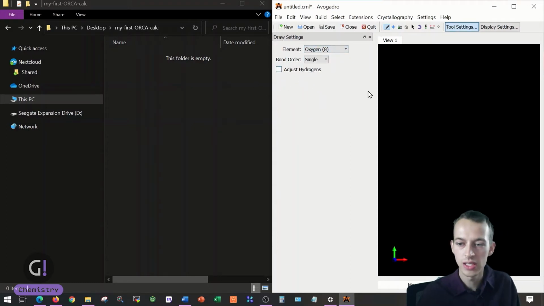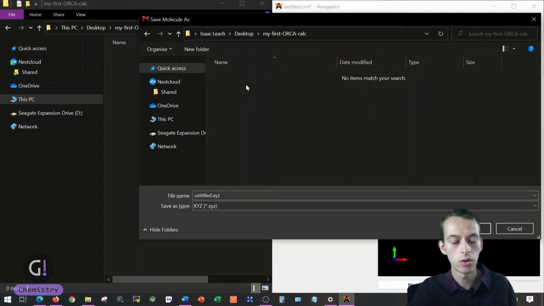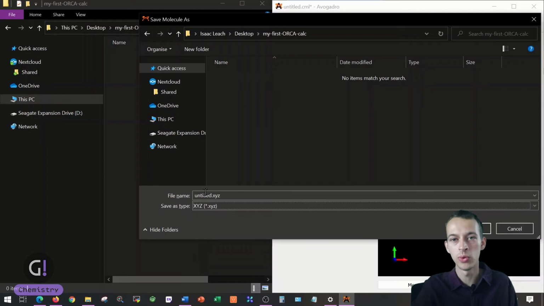The first atom is easy. We simply left click anywhere in this black box. Now if we select hydrogen and then left click, it'll turn into a hydrogen atom. That's not what we want, so Ctrl Z to undo. We like to click and drag with the left mouse button, leaving the oxygen and creating a bond to a hydrogen atom. Now we'd like to add the second hydrogen to complete our H2O molecule. We expect a V shape for water, and it's always best to start with your best guess for the input structure.